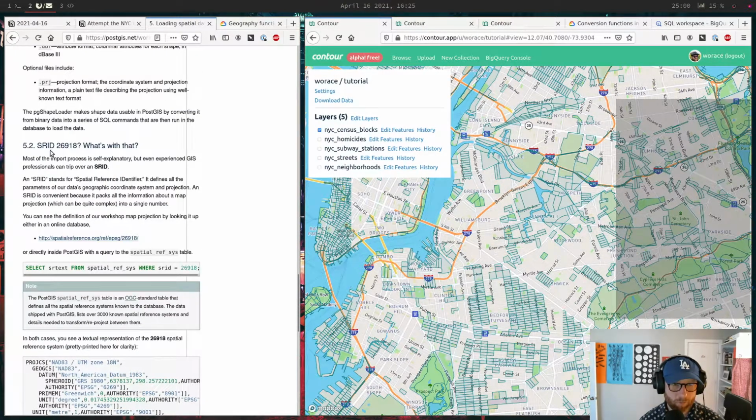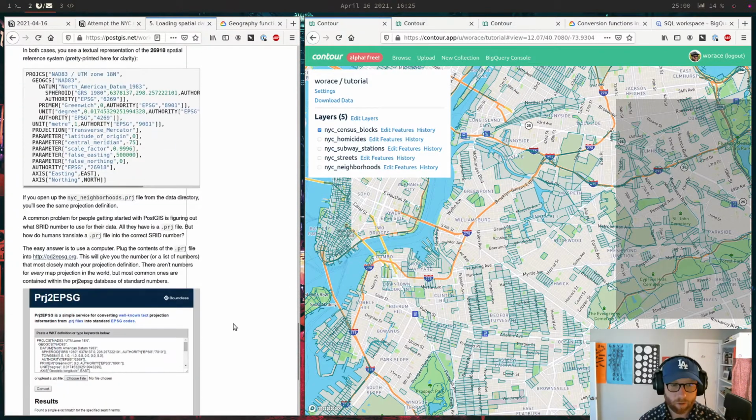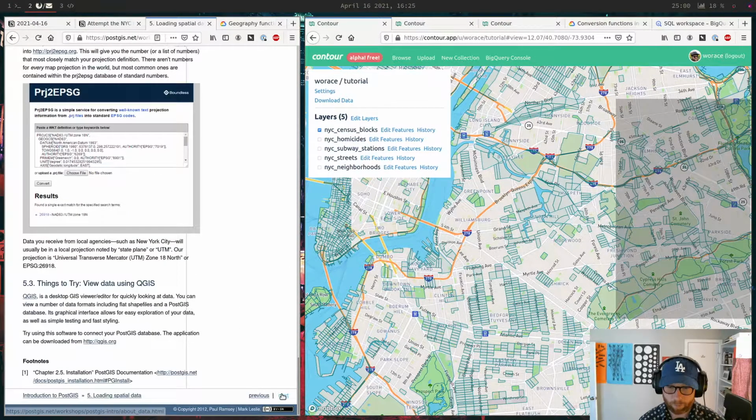Shapefiles, okay. So then a whole other section that doesn't apply to us is SRID stuff. So in BigQuery, everything is just geography. Everything is a point on a spherical Earth, lat long kind of situation. So that's all we got there. All right, whatever. We don't really have to worry about projections.